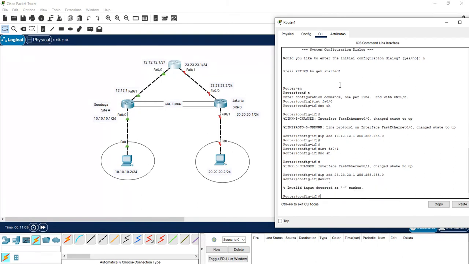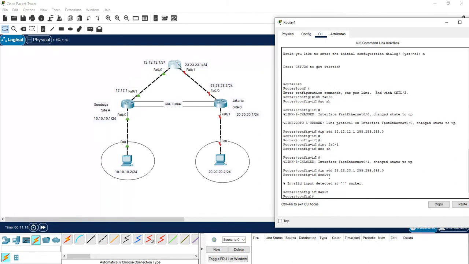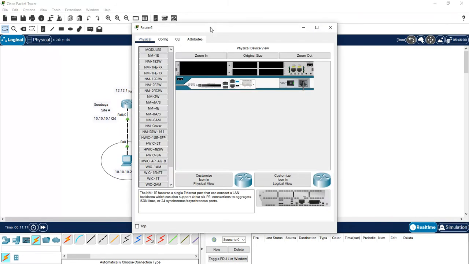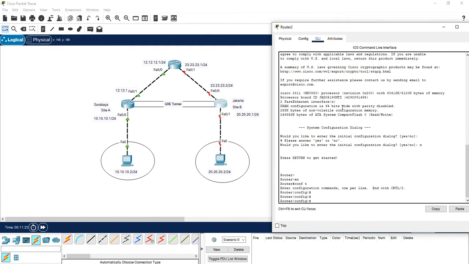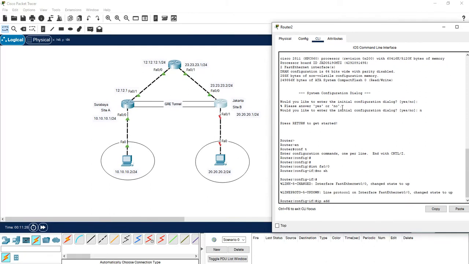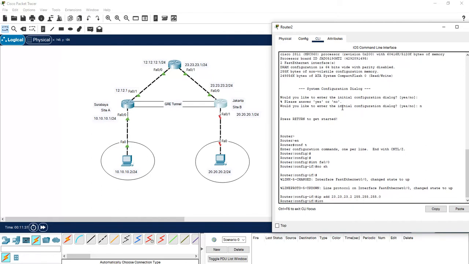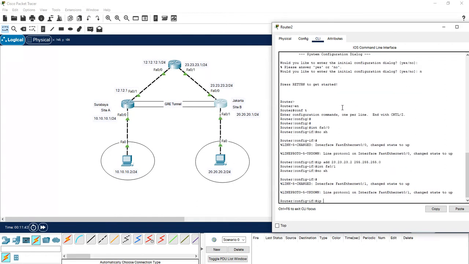We exit. Then we move to site B, CLI, enable, configure terminal, interface 0/0, no shutdown. IP address is 23.23.23.2, 255.255.255.0. We move to interface 0/1, no shutdown. IP address is 20.20.20.1.